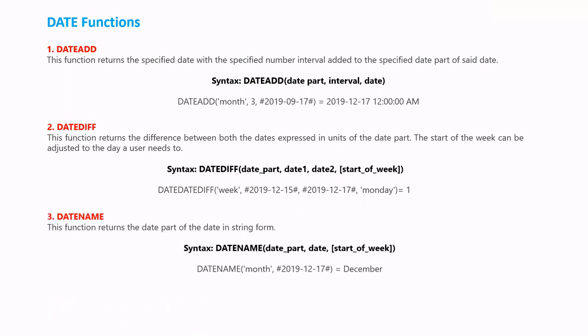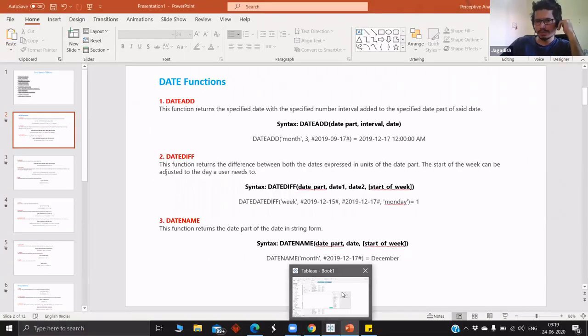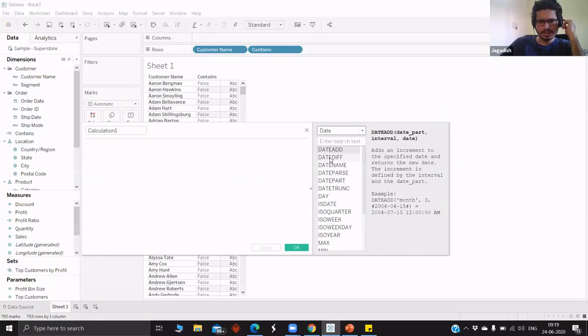Then the third one, DATENAME. Hey Jairam, excellent presentation. Why did you put hash before and after the date? Is it just for our sake, or is that something Tableau also needs? I think Tableau also needs this, I guess. No, that is just a representation that it needs to be a string or something. No, comma is for string, right? No, we don't need hashtags. You can just give a field. We can quickly try that actually. I never tried a single date field. I normally use the column to pull up.